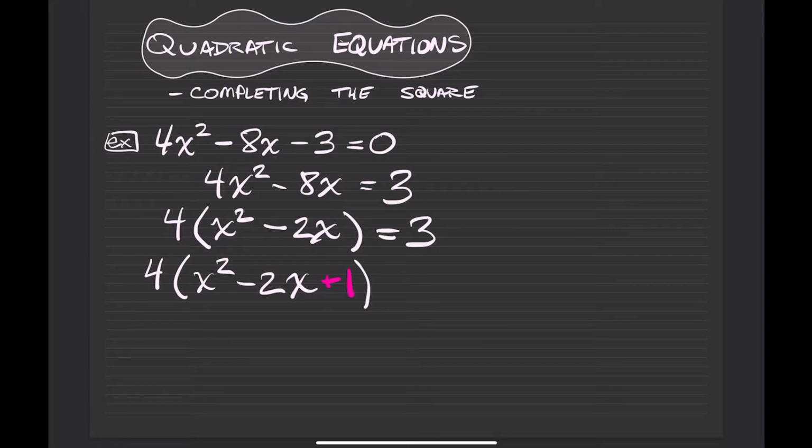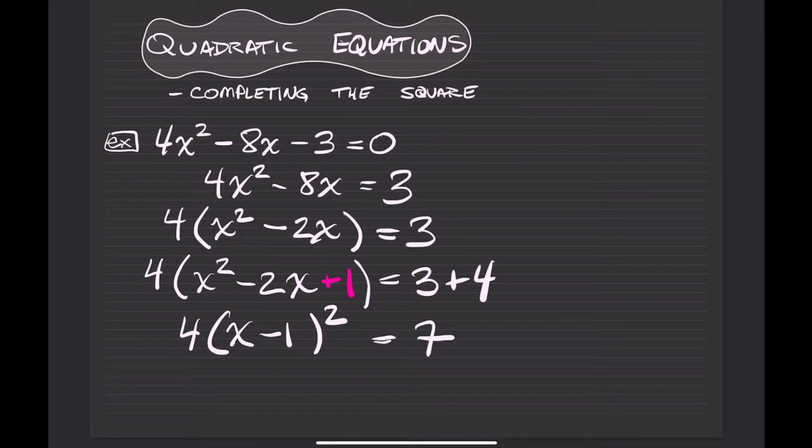And keep in mind, when we distribute this 4, we're going to get 4x squared minus 8x plus 4. So technically we added a 4 to the left-hand side. So we'll add 4 to the right-hand side as well. Alright, so now this is going to be 4 times, and this thing is factorable now. It's really x minus 1 squared